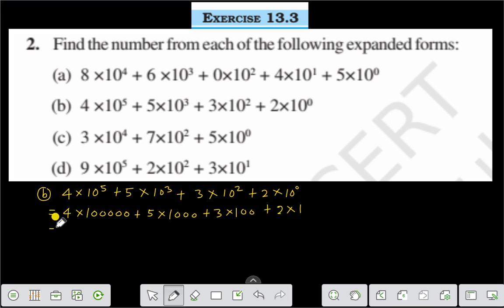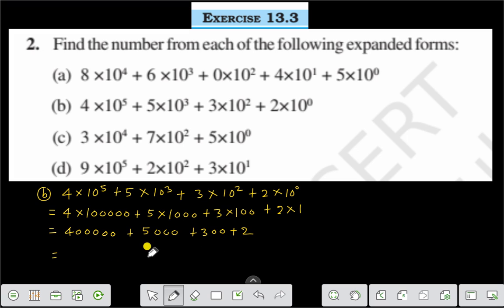We are getting 4, how many zeros? 5 zeros, 400000, plus 5000, plus 300, plus 2, right? If we add all the numbers, you will get,